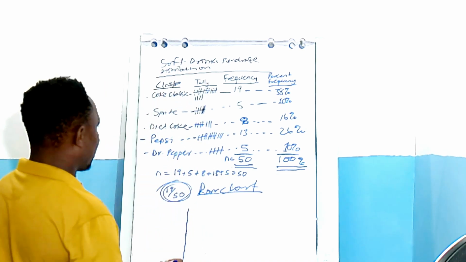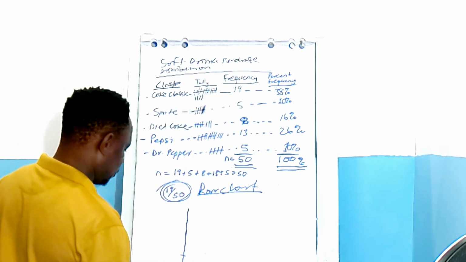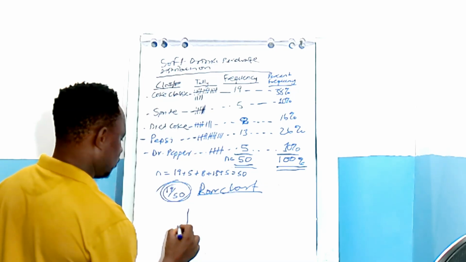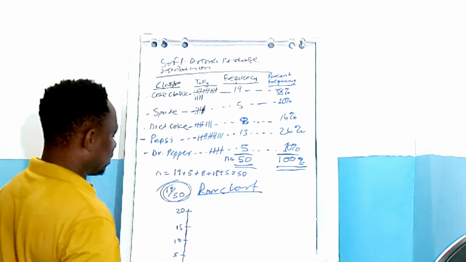And then we say we are going to start from 0, 5, 10, 15, 20. Since our highest value is 19, we can stop the